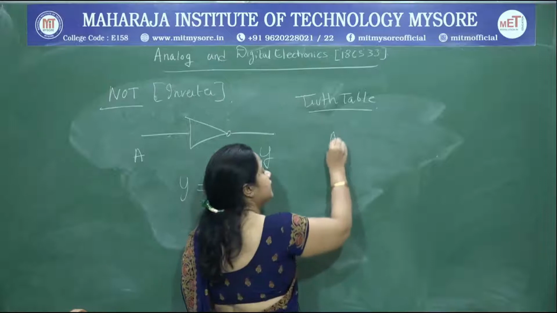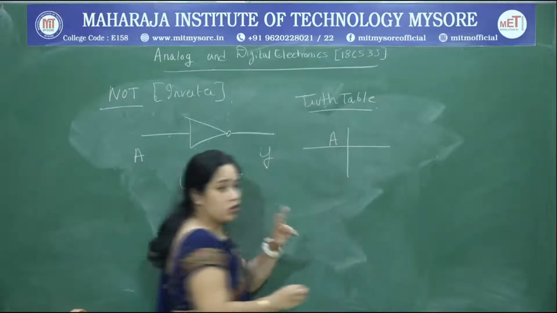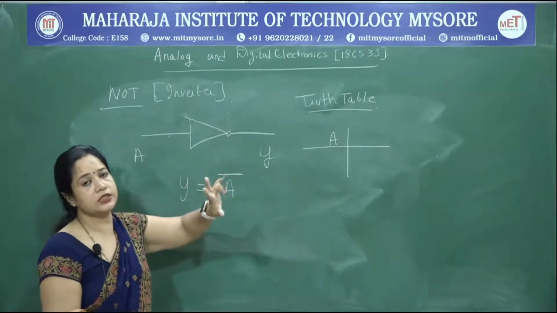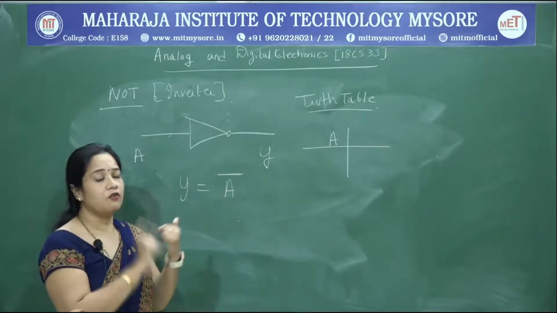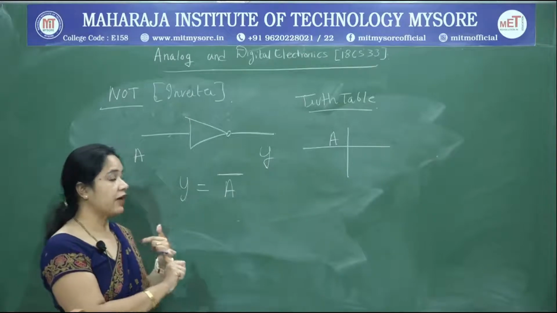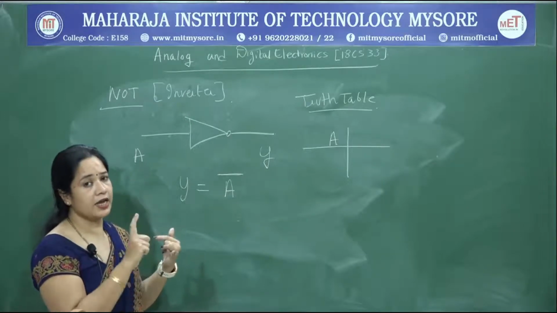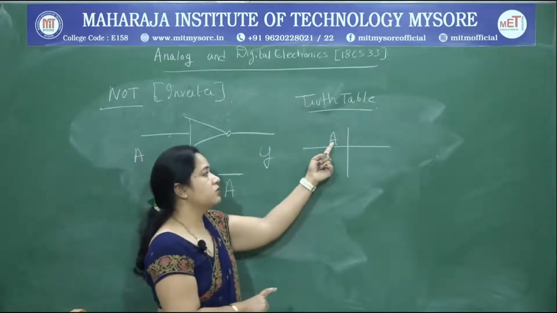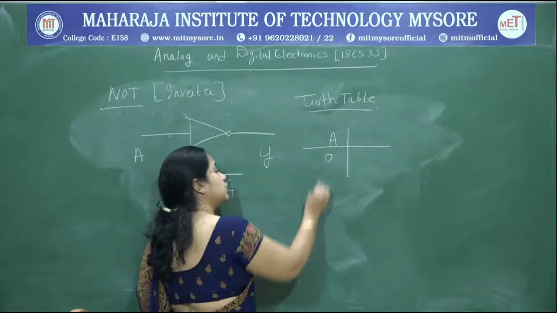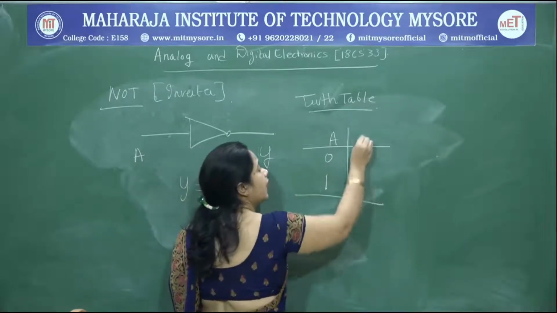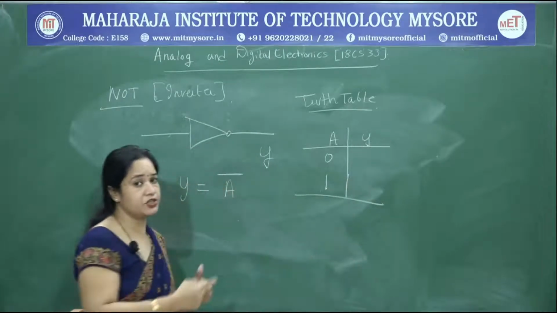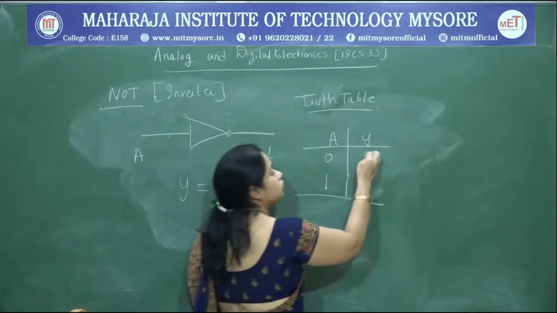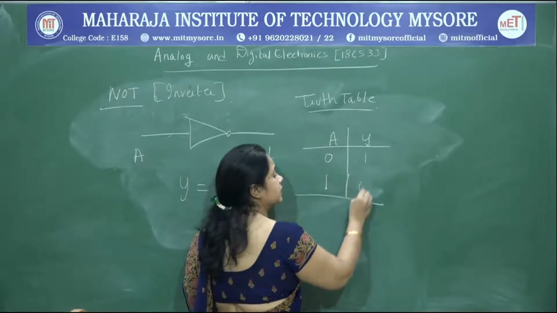If A is the input, A can take only two possible values because, as I said, it is binary. At any instant a binary value is 0 or 1. A digital signal can take only two values, 0 and 1. So the possible values of A are 0 and 1, and the output Y is the inversion; it says not to the input. If the input is 0, the output happens to be 1, and if it is 1, the output is 0.